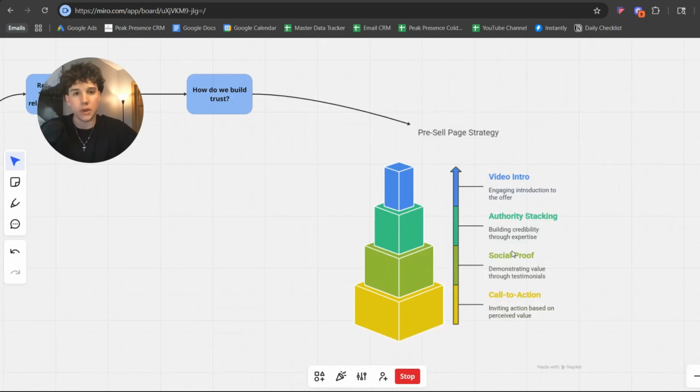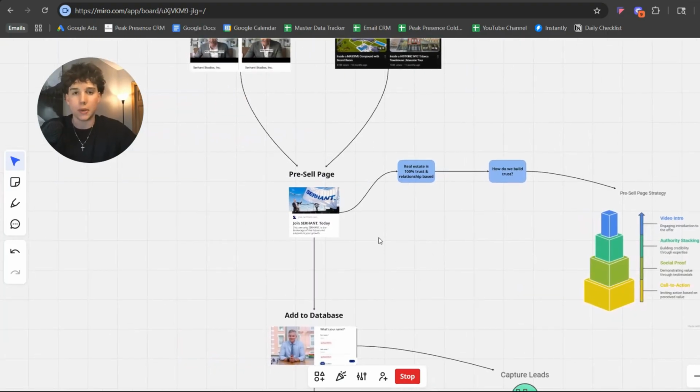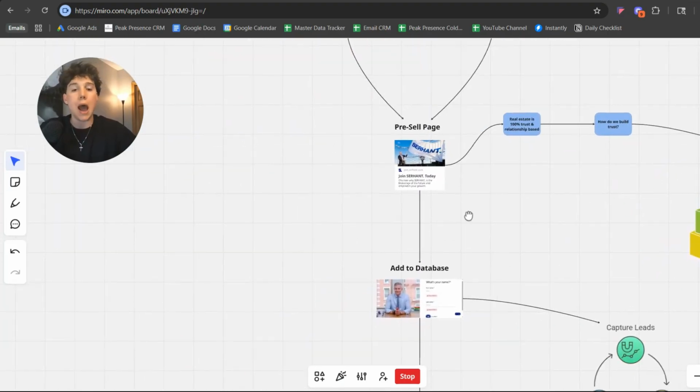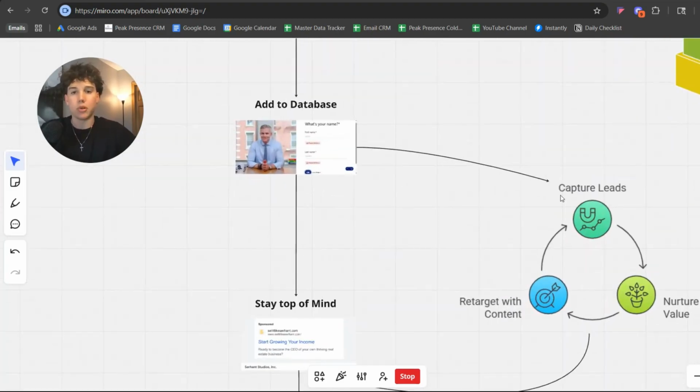When people book a call with me, I have a similar thing. When they click on a page, I authority stack, I have social proof, all that stuff, because I see the value in it and it's what works. It's just using psychology. But if you have all of these four little buckets, you're building the foundation. That's how you're going to get really high quality people coming in. That's how these top agents do it. Now from there, what you can do is add them to your database after they're already warmed up and they're pretty much ready to go.